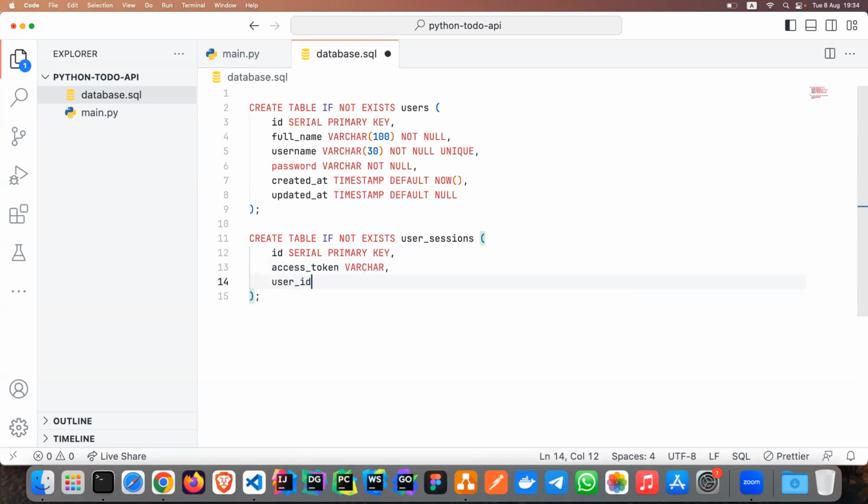We need also user ID. One user might have a lot of tokens. For example, we gave them a token, and when the user logged out from the system, this token expired, so we don't use this token again. Next time we will give them a new token. That's why one user might have several tokens. It will be a one-to-many relationship. One user will have a lot of sessions. So user ID will be an integer. It will be not null, and we will have